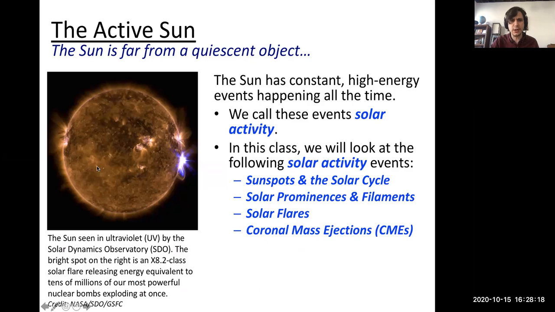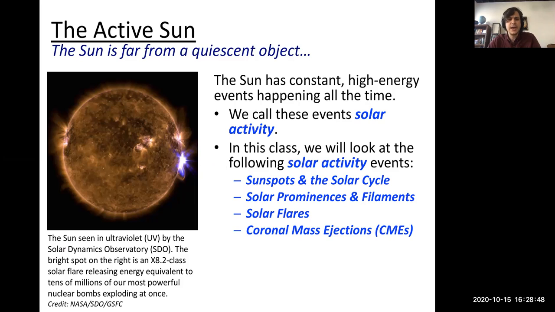In this image over here, we're looking in the ultraviolet. So you can see it has all of this craziness going on the surface. If you look at the sun in the ultraviolet, it looks like a very incredibly different place than in visible light, where you can see these prominences, these arcs of superheated material. Right here, you're seeing a solar flare. This is a hugely energetic eruption from the sun. This one was a very, very large flare, an X8.2 class flare, one of the strongest ones that we've seen